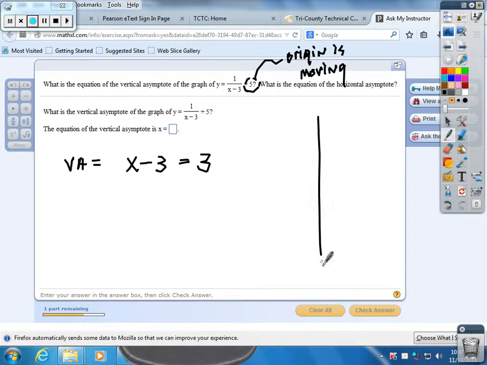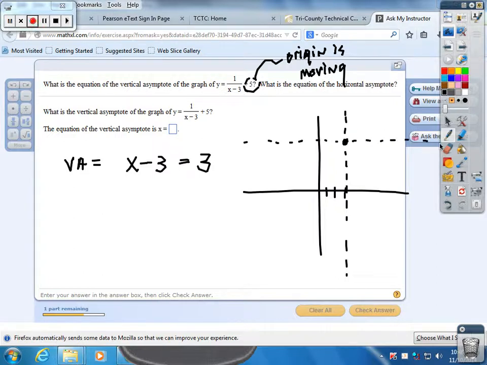So again, 1, 2, 3, and then 5 up: 1, 2, 3, 4, 5. So instead of this being your... I'm not left-handed, that's why. So if the plus 5 wasn't out there, the vertical asymptote would be 0, right? Because it was just... yes, if there was no plus 5 here,